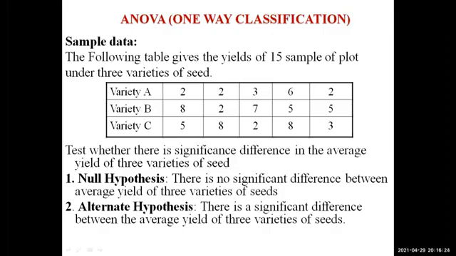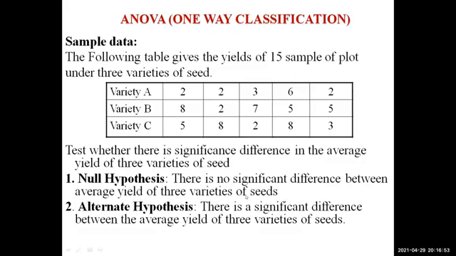Based on that, these 50 samples are regarding the 3 different varieties of seed. They want to identify whether there is any significant difference between these 3 varieties of seed, or whether all 3 varieties are giving an equal kind of output. This is what they are asking to measure. If you are having this kind of variable, then you can go for one-way classification.